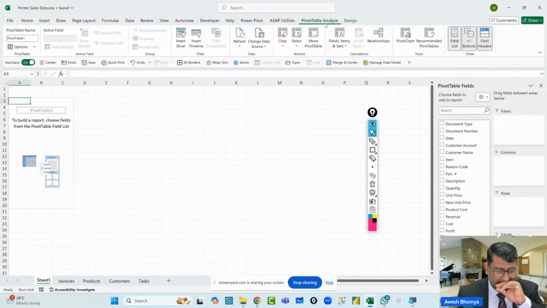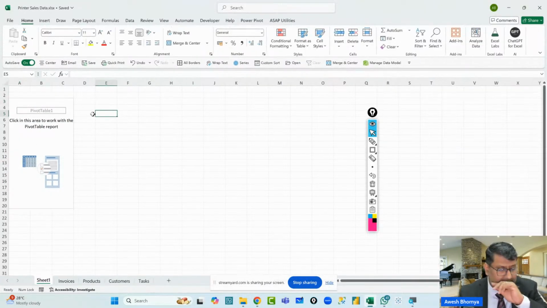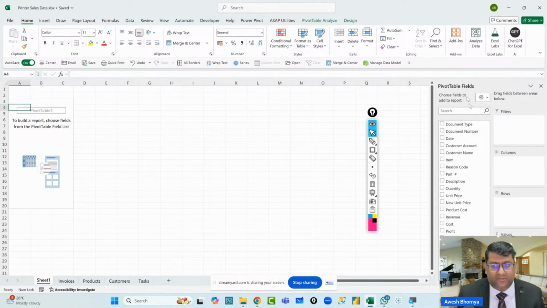And then I have the data, and you can see when I click inside this pivot table area, the pivot table fields and the various buttons, or basically the areas, are seen. In this case, please note you can start off with any KPI you are interested in.